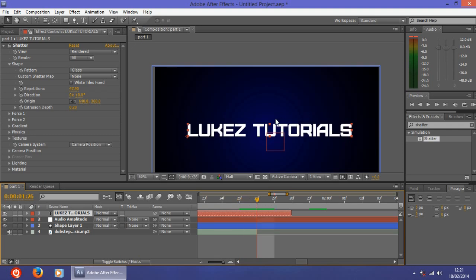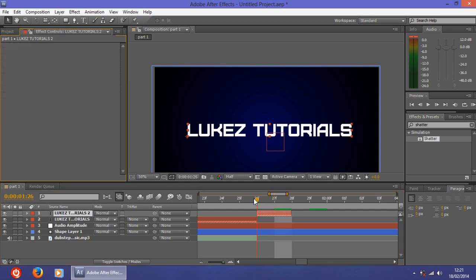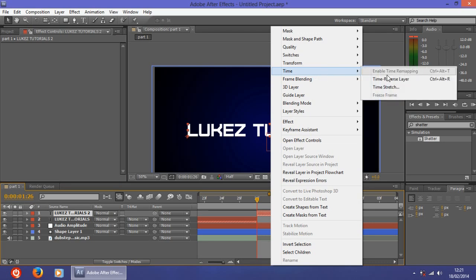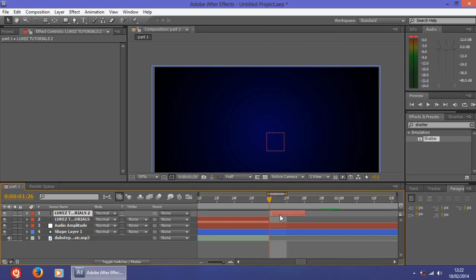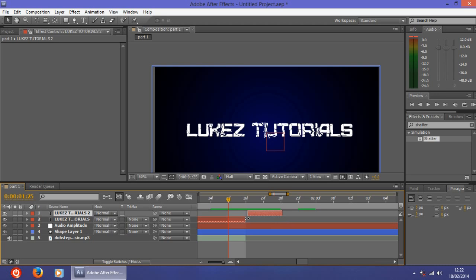Go to where the text is whole, and split by pressing Ctrl Shift D, and here you split the text layer and it is as a whole. So now you can select this layer and delete the shatter effect as well, and obviously you can reverse it again. So obviously it doesn't make sense to reverse it or do something like that, but now we have a complete shatter effect. Just drag